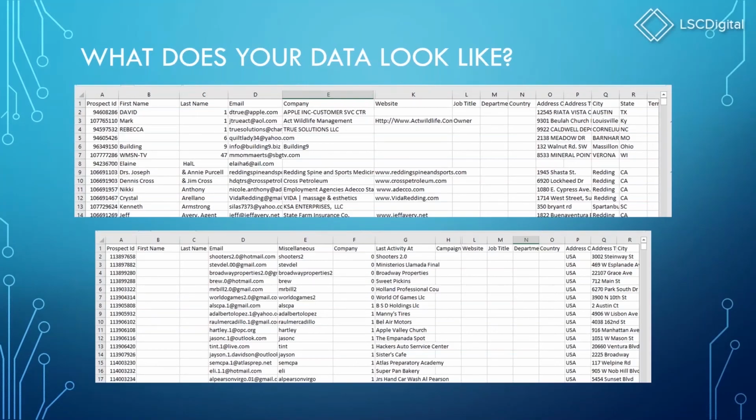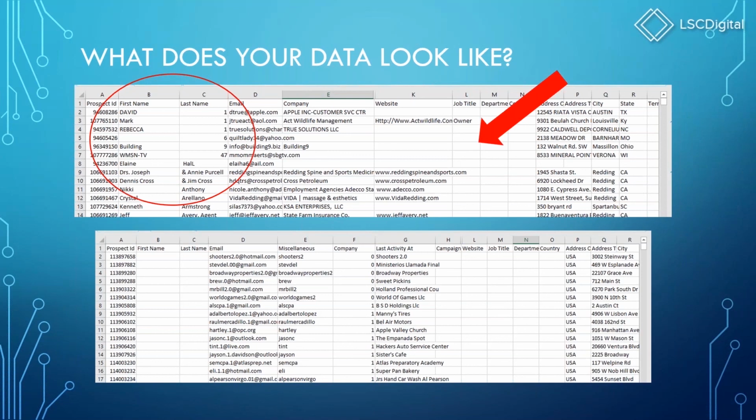So let's take a look at what this actually looks like. Here are two different samples of customer databases that we were looking at. If we start with the top one, on the left-hand side, starting with column C, in the last name there are numbers and punctuation. So we all know that that's garbage. Nobody can mail to David number 1. I mean, maybe they could, but I don't know if it's going to get there.